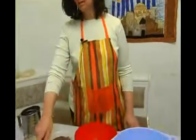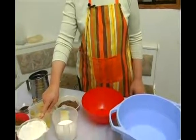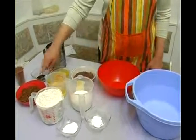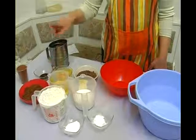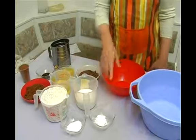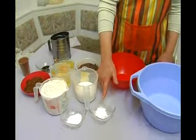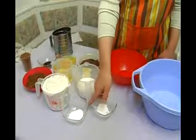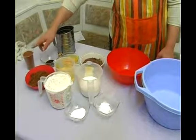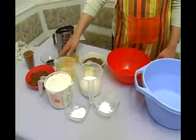Now we're going to go through the ingredients of chocolate chunk best ever cookies. We're going to need 4.5 to 5 cups of flour, 2 cups of white sugar, 2 cups of dark brown sugar, 1 1/3 cup of oil or 2 cups of margarine if you wish, 1 teaspoon of baking soda, 1.5 teaspoon of baking powder, 4 eggs, a cup of cocoa, 2 teaspoons of vanilla